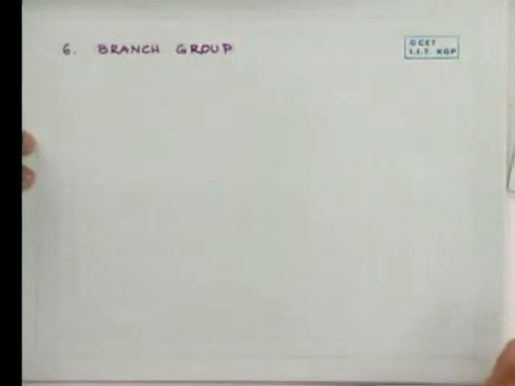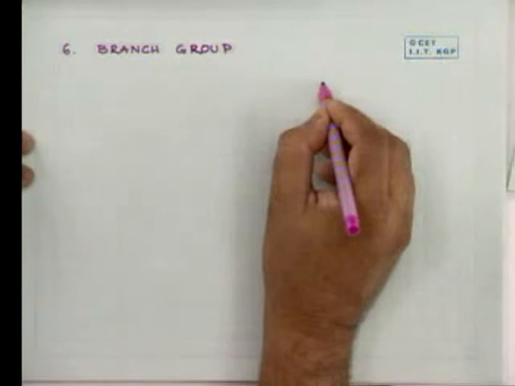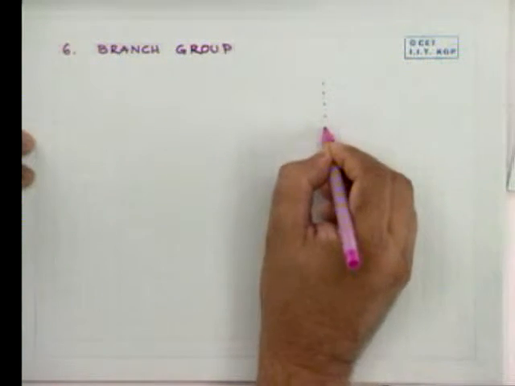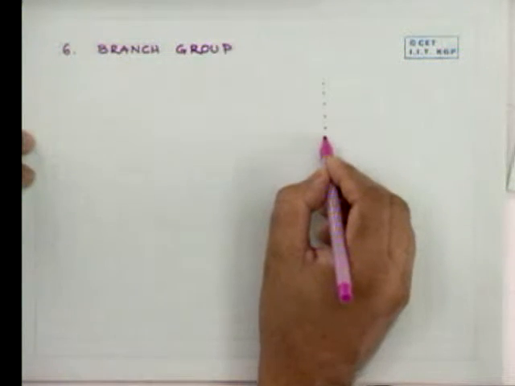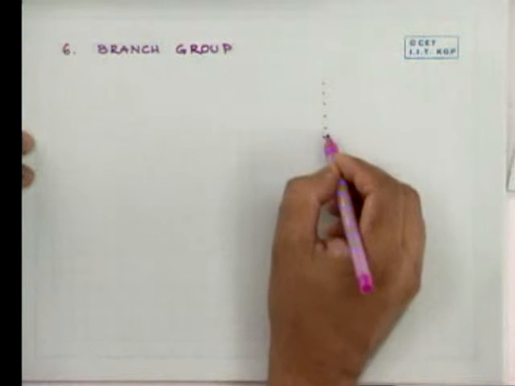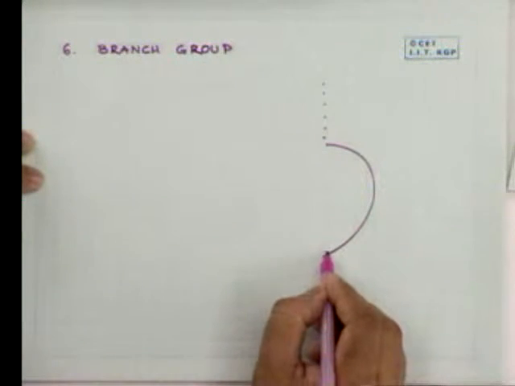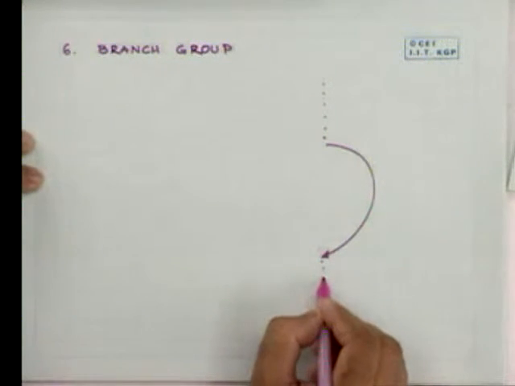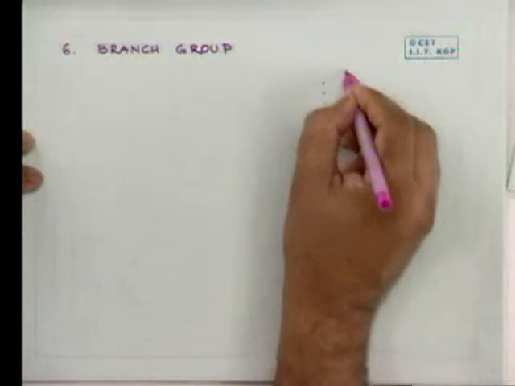Now we said that a CPU is executing instructions many times, and as we know, the CPU executes instructions one by one in a sequential order, right? Now after executing several instructions in a sequential order, the CPU may want to go out of the sequence and start executing some instruction which is away from the normal sequence,